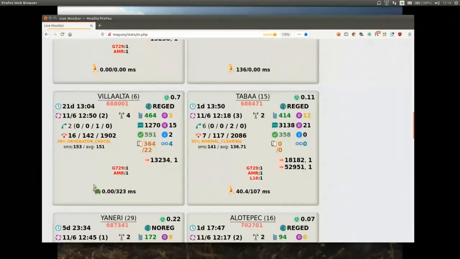And what else we got here? This is kind of interesting. A recent addition: we have 364 successfully created MM contexts on the 2G data side, and only 22 PDP contexts. So out of these 464 telephones that have connected, 364 of them are data-enabled phones, obviously,